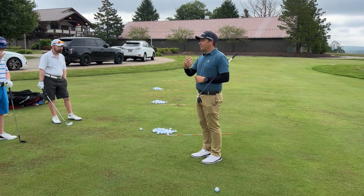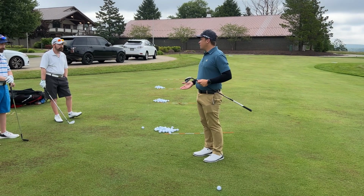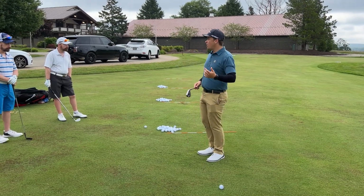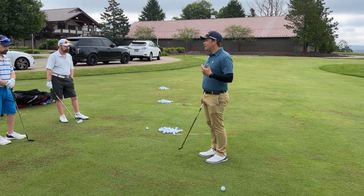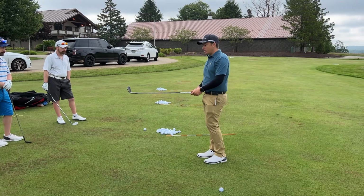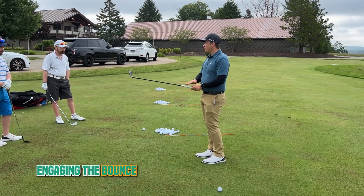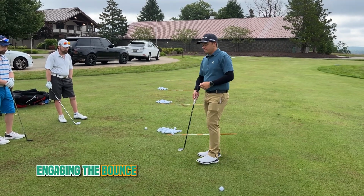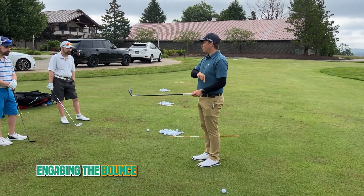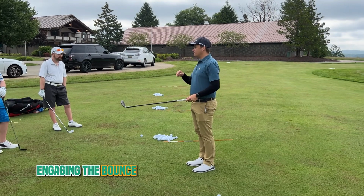Once I figure out where I want to land it, that's where I then choose my club. Okay, let's say I go to the front pin. I'm gonna go more loft, higher shot. And there's a lot of different ways I can hit a high shot versus a low shot. So one principle I always say is we always want to engage the bounce appropriately for the shot. So I tell everybody, I change my grip specifically for this wedge shot because I need the bounce to engage